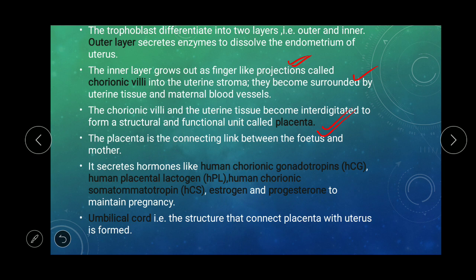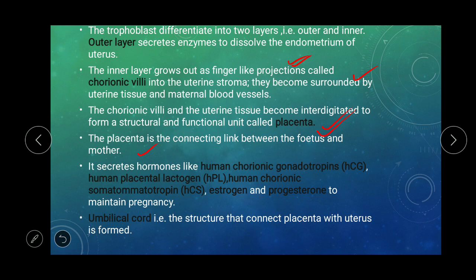So the placenta is the connecting link between the fetus and the mother. Why is this a connecting link? Because this ensures the supply of nutrients, supply of respiratory gases like oxygen, and it also helps in expelling harmful gases like carbon dioxide during embryonic development. As in the fetus the heart is not completely formed, blood circulation is also taken over by the placenta. The lungs are not completely formed, that's why respiration is also taken over by the placenta. So this is the connecting link between the embryo and the mother, or you can say fetus and the mother,